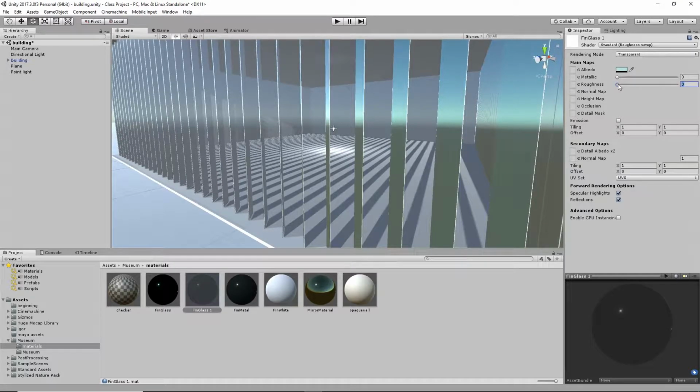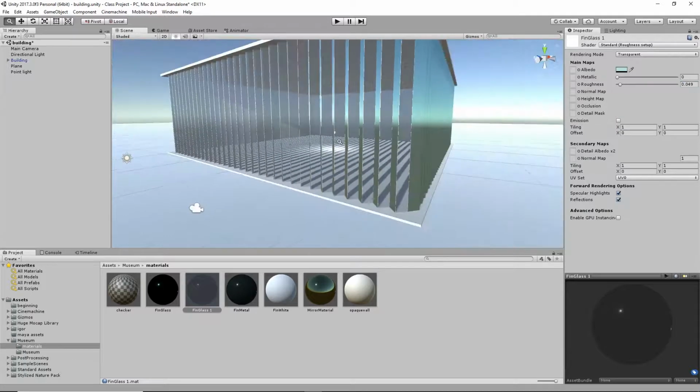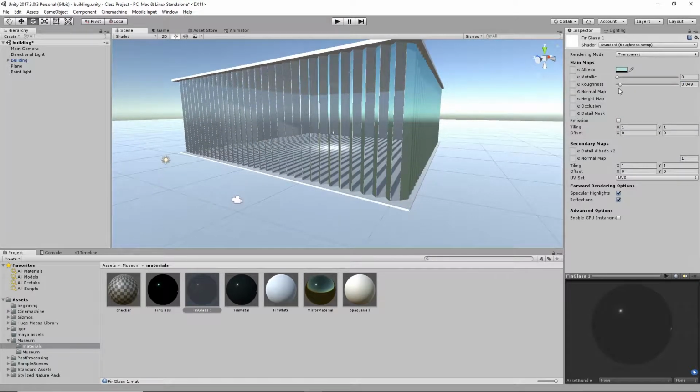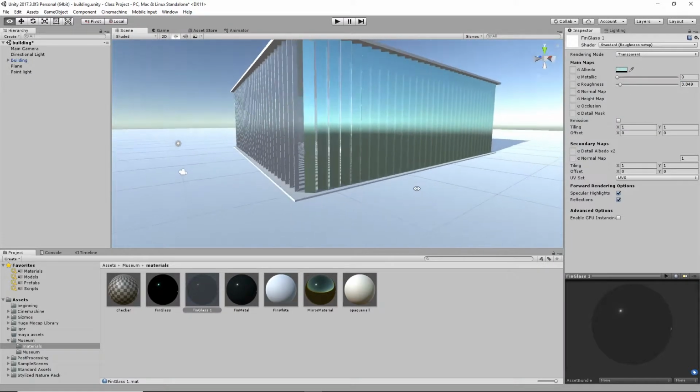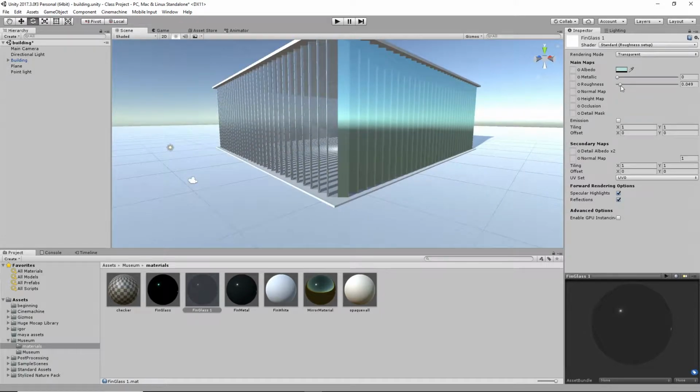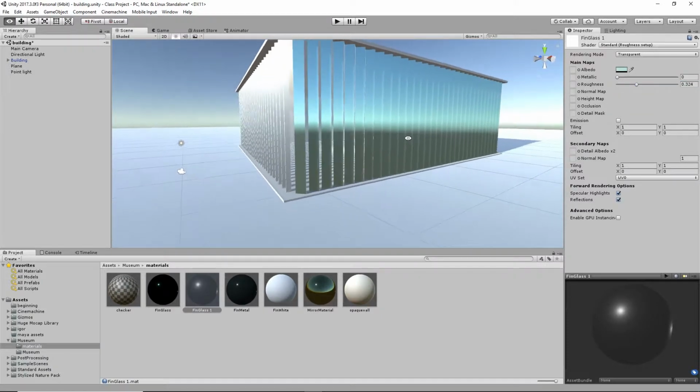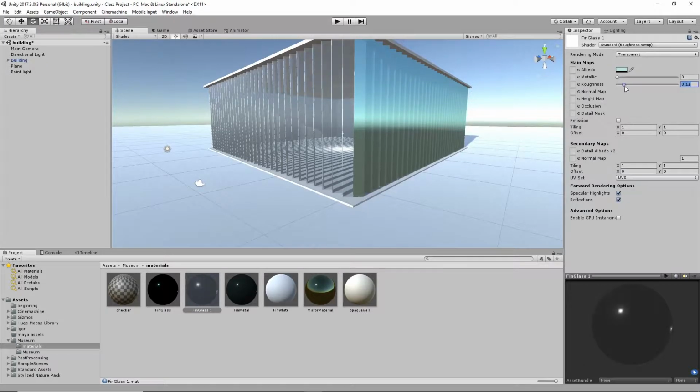Because glass usually will only reflect more when you see it from an extreme angle. If you're looking straight on, it won't have much. So that might be where we could actually, if we wanted to simulate glass reflection, we could control this. We could create a code based on the camera angle and basically alter this roughness so that it becomes more reflective as we go to the angle. But we won't worry about that for now. Okay, so